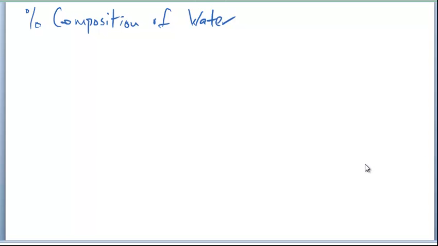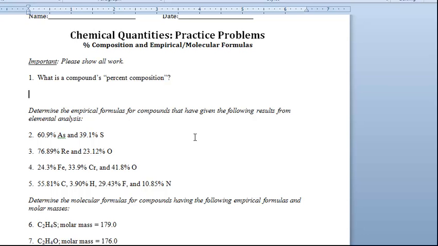So percent composition, empirical formulas, and molecular formulas. That's what we're faced with on this homework assignment. So here's the practice problem set that you guys are working on, and the first problem is, what is a compound's percent composition? So by that I mean, can you describe in everyday language what we mean by percent